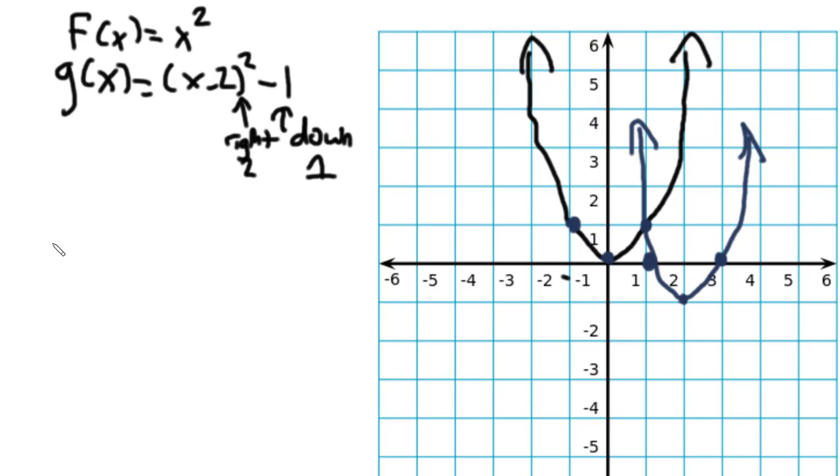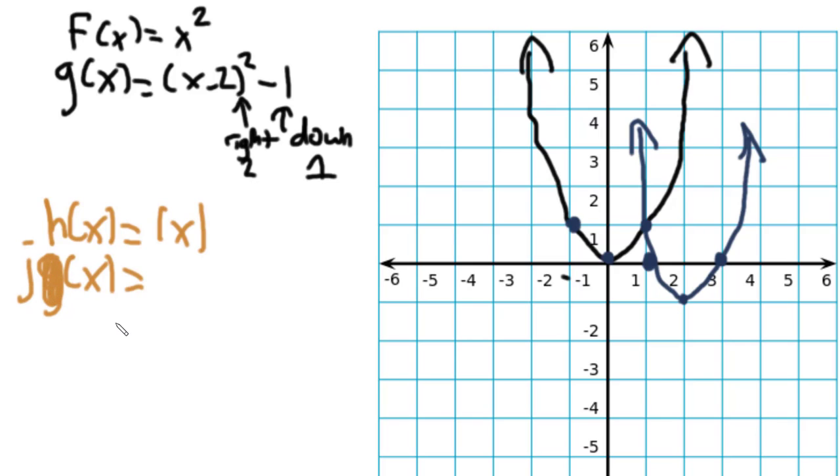Let's let h of x be, let's do absolute value of x. Then g of x, well, we already used g of x. Let this be j of x. So let j of x be the absolute value of negative x minus 1